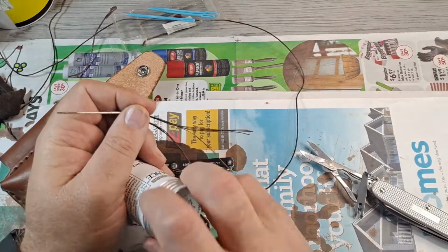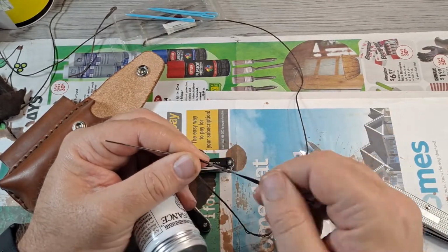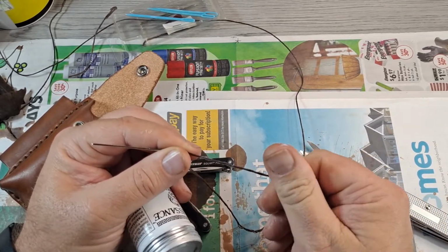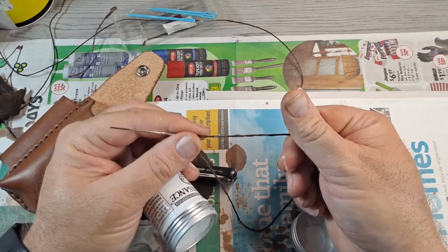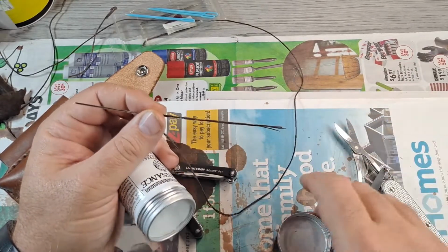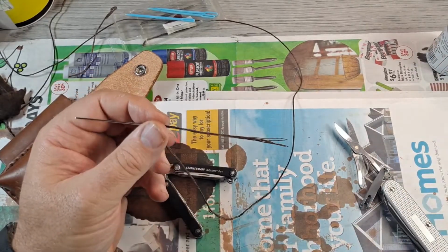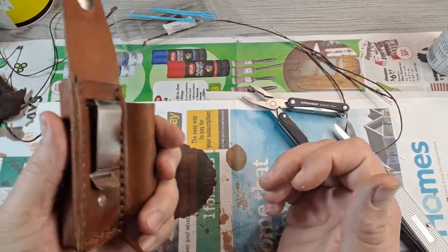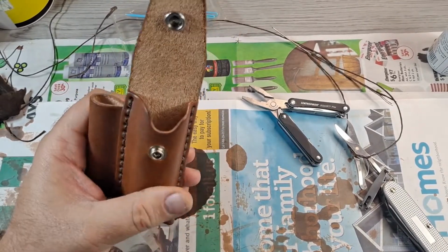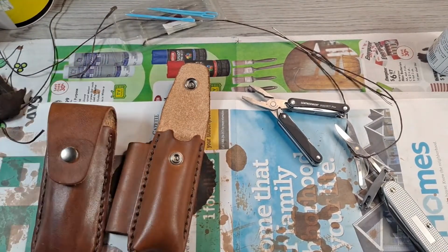But you could take some wax, get a good piece, and you could wax it, twist it, get it back together somewhat. When it dries, you put it down, keep it twisted, it'll dry and it'll stay better. I did that when I pulled the needle off. But yeah, guess that's it. I think it's pretty cool. Fun project, if you're looking for a little DIY project, belt sheath, or I don't know what other kits they have, but heck,